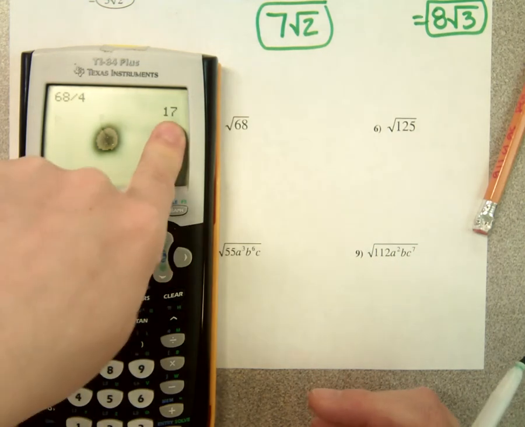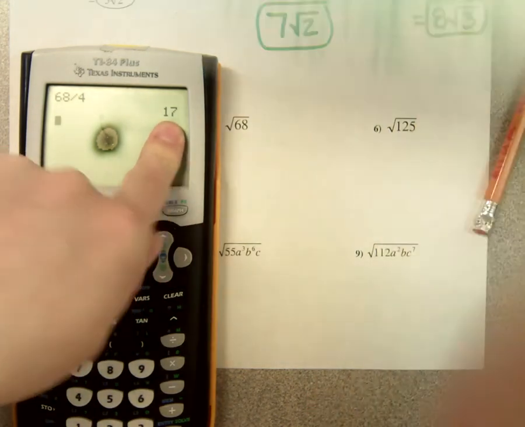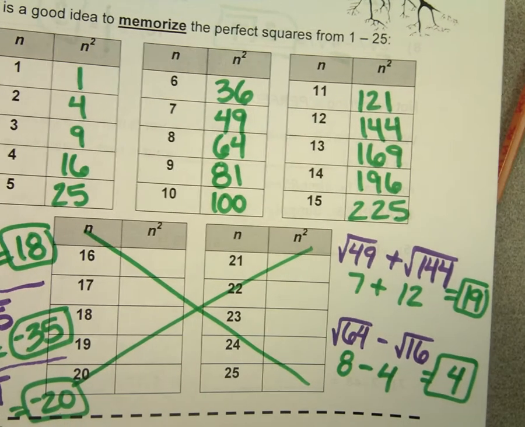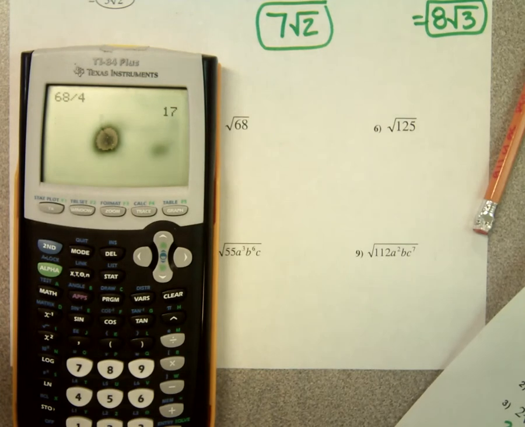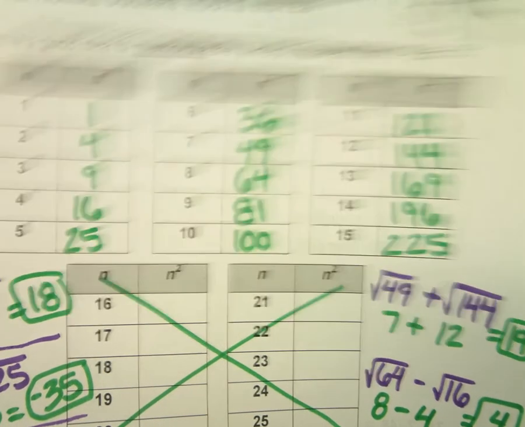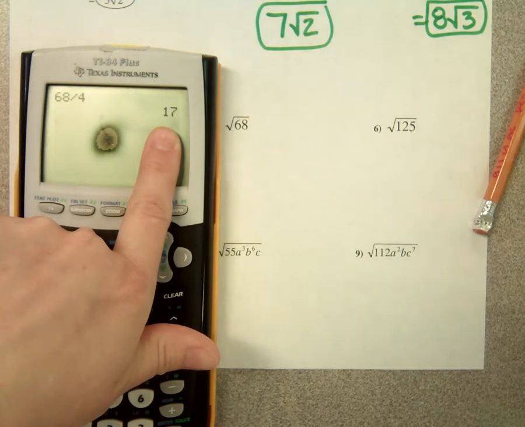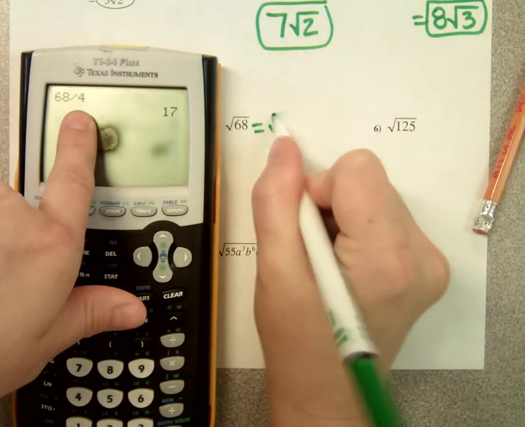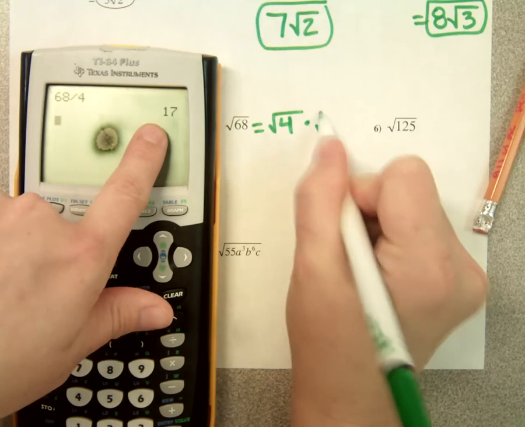Now let's look at my answer. Can 17 be divided evenly by any of those green perfect squares? No. Then I know that that's the highest one. If your answer can't be divided by any of these perfect squares evenly, then you found your biggest one that goes in there. So 4 is the largest perfect square that goes in there, and it goes in there 17